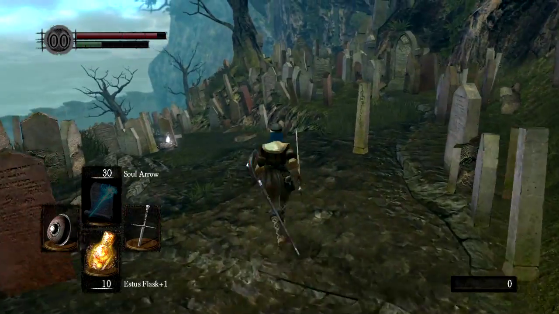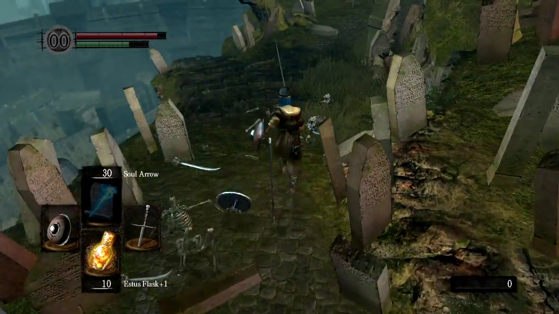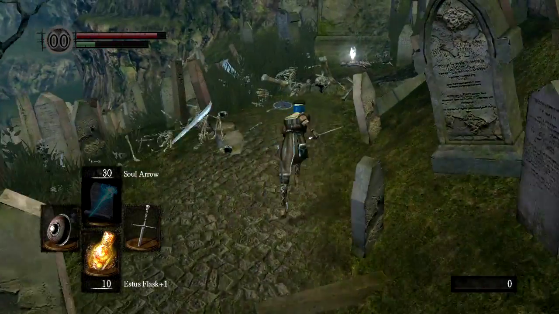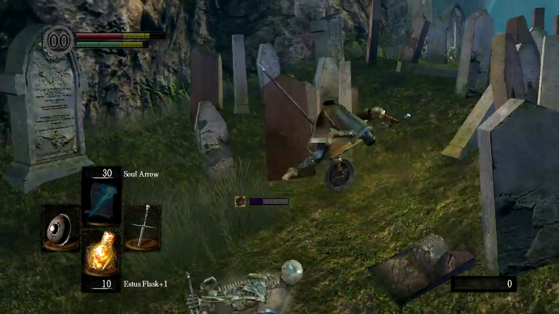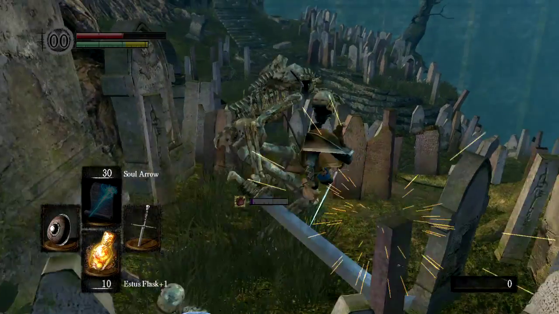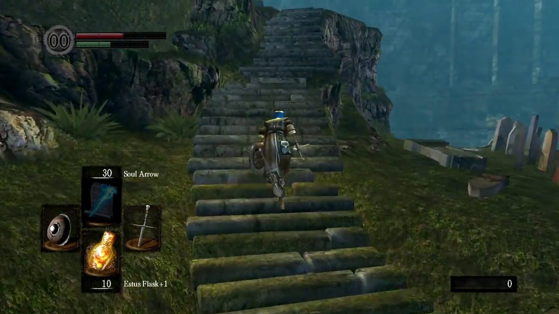I can pick up a few more things here. Some people actually came to the graveyard first and tried to fight these skeletons, to their surprise. That is not something you want to try to do first. I'm picking up stuff I really don't need. This Y-hander is a big old weapon, and like I said, I'm not even going to have the stats to use it, so...